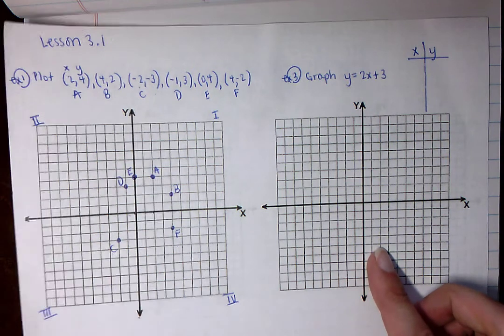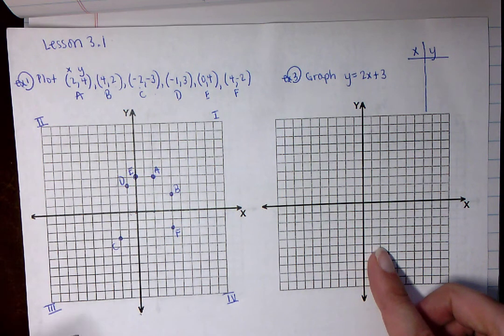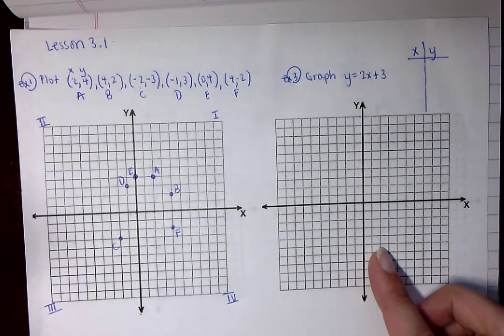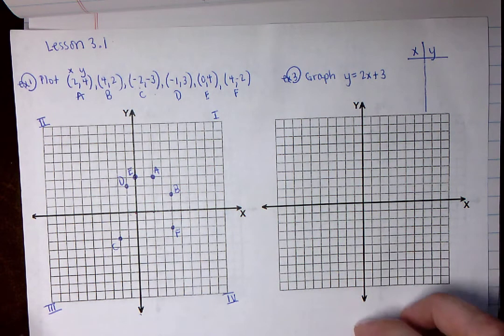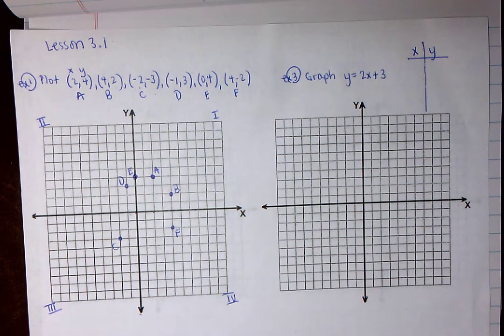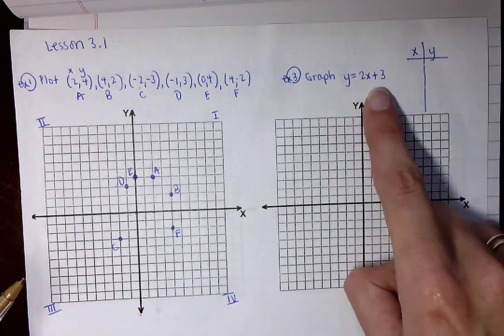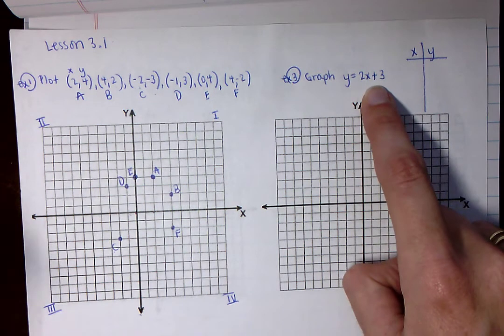They might ask you for 4. I am definitely going to require 3. 3 just makes a nice line, and that's the only reason I want you to do 3 points. But if it just says to graph it, then just pick 3 points. If it says plot at least 4, then just follow the directions. So if you're going to plot a point, or a line,